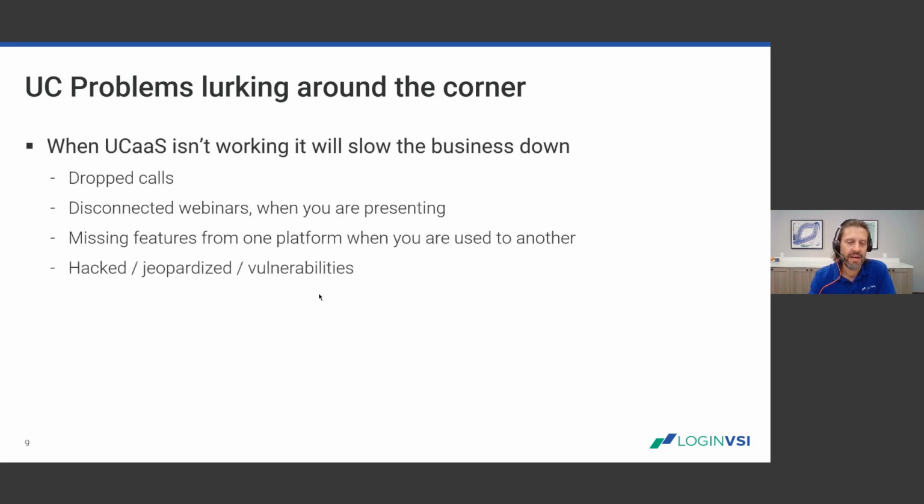So when unified communications isn't working, it definitely will slow the business down. I know I was part of a UC platform where the license wasn't kept up to date and had lapsed on accident. And it only lasted for about 8 hours. But during that 8 hours, I couldn't contact any of my peers. And mail is just such a slow